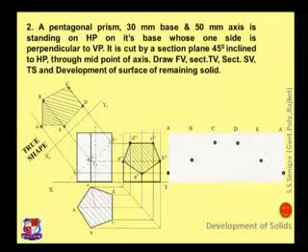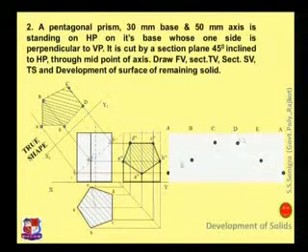Horizontal line from point B dash, this line. This will cut B at this point. Horizontal line from point C dash, this line. This will cut C at this point. Horizontal line from point D dash, this line, and this will cut D over here. E point is here, so from this point draw a horizontal line. So this is point E and back to A dash, horizontal line, this is A.